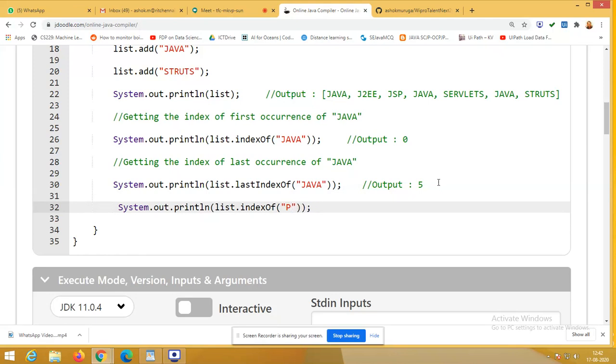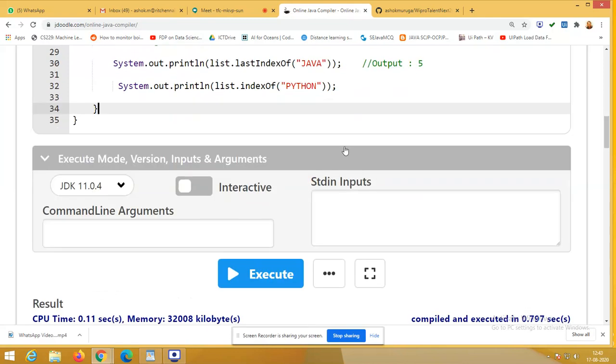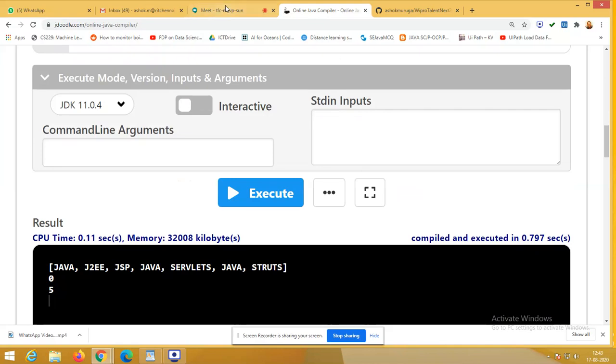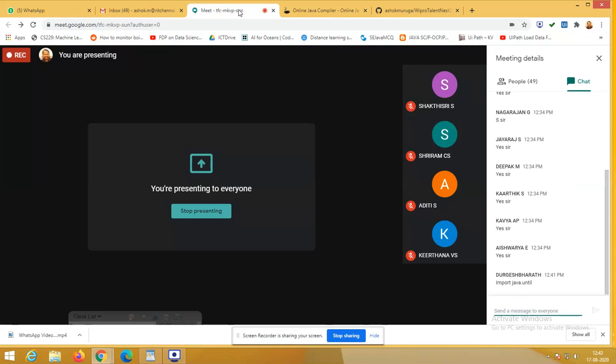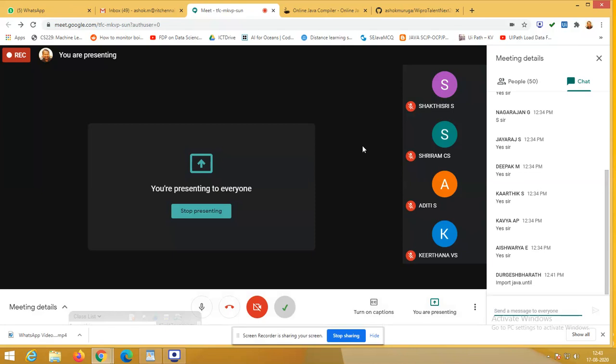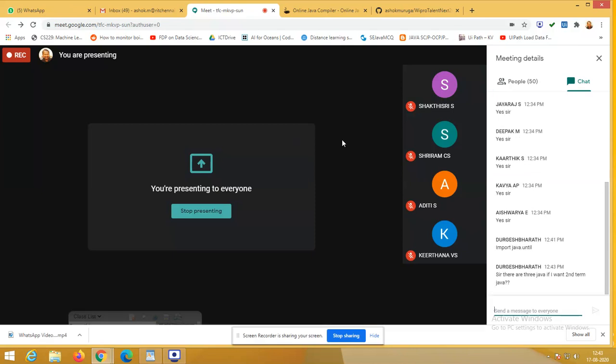What will it result in? Can anyone guess what the output would be if I search Python? Anyone of you? Put your message in the chat. What would be the output if I execute?